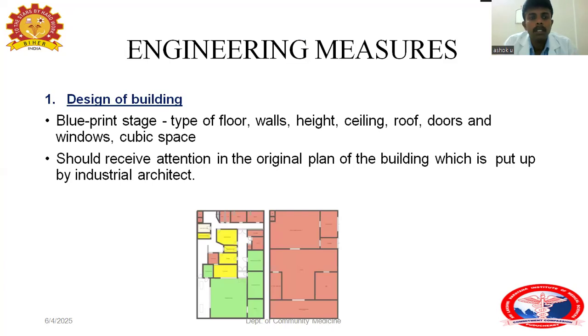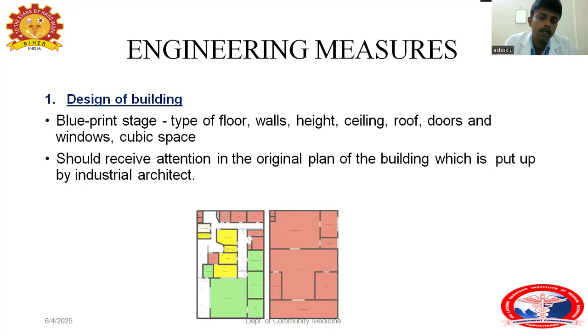Coming to engineering measures, the first thing is the design of the building. Designing of the industry begins from the blueprint stage. So when the industry is being set up, the factory is being set up, they should think about the type of